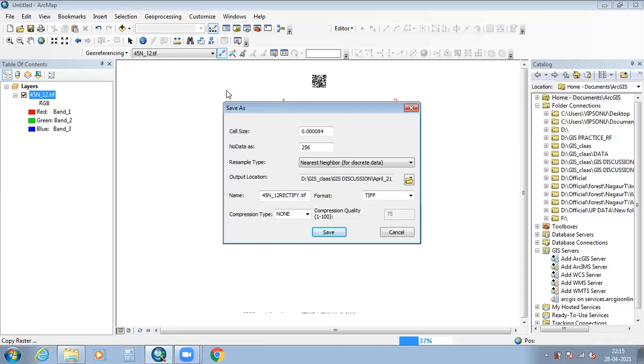The projection can be defined by using the catalog panel or the ArcToolbox. Please wait.